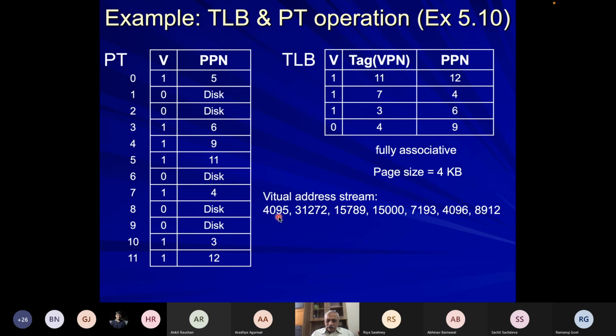So from these virtual addresses, what we need to figure out is the virtual page numbers. The page size being 4 KB, that means 4096. You can divide the virtual address by the page size and look at the quotient. So 0 for this, 7, 3, 3, 1, 1, 2. So this is the sequence of virtual page numbers that are being accessed. Okay. So starting with 0,